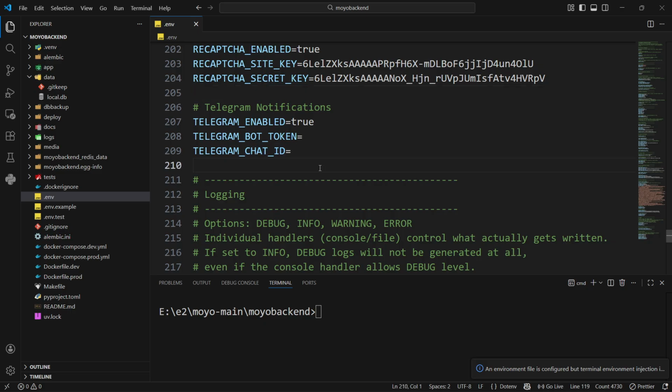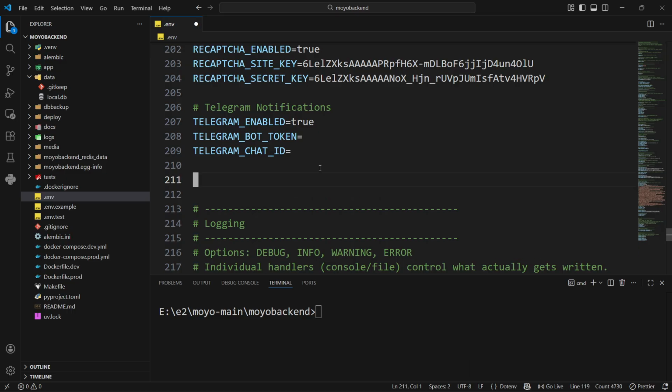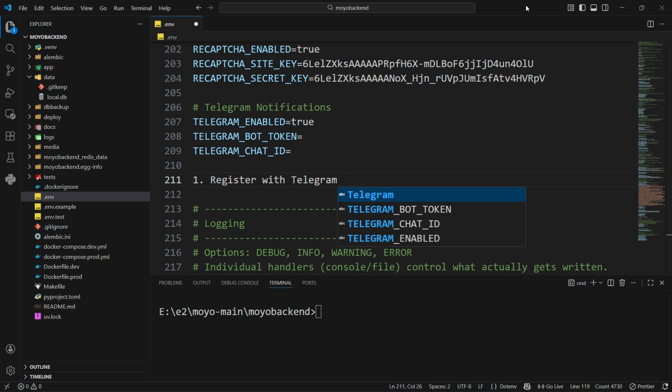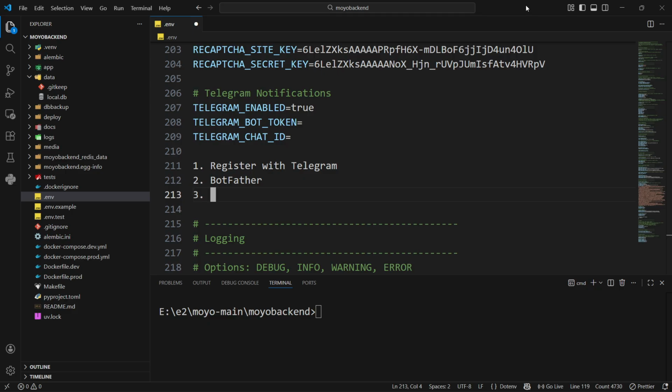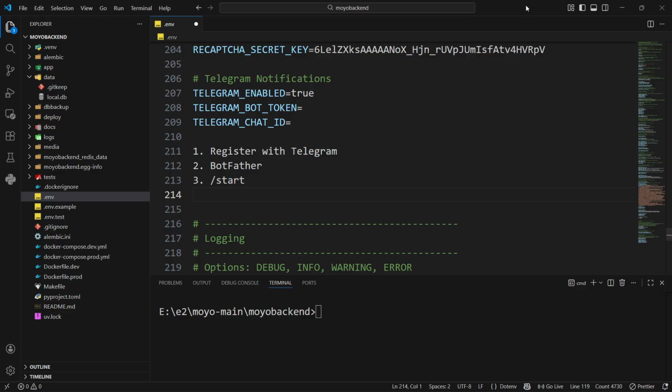I cannot show you, but it is very easy to create. Allow me to write the steps. So the very first step is to create an account on Telegram, then search for BotFather. So first step is register with Telegram. I mean, create an account with Telegram. Then search for BotFather. Then write the command start there, and it will reply to you with a few basic commands where you have to enter